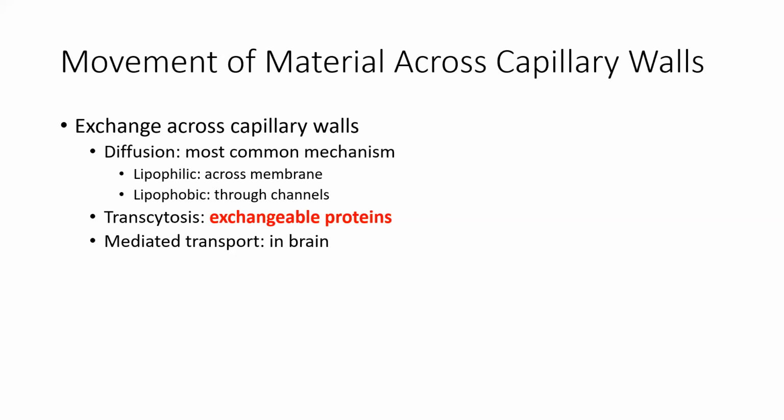We've also got exchangeable proteins, and these can move across the endothelial membrane of the capillary wall via transcytosis. And if you remember back to AMP1 here again, transcytosis was that process of endocytosis on one end, followed by exocytosis on the other end. And so we can move things in and out of the cell via these vesicles that engulf some of these substances. We want to point out here, however, that there's a really important